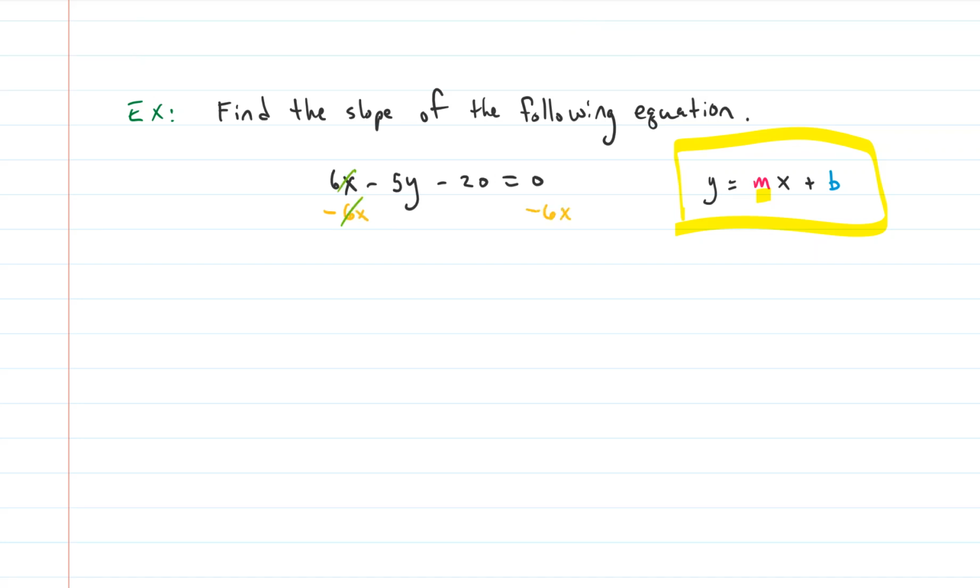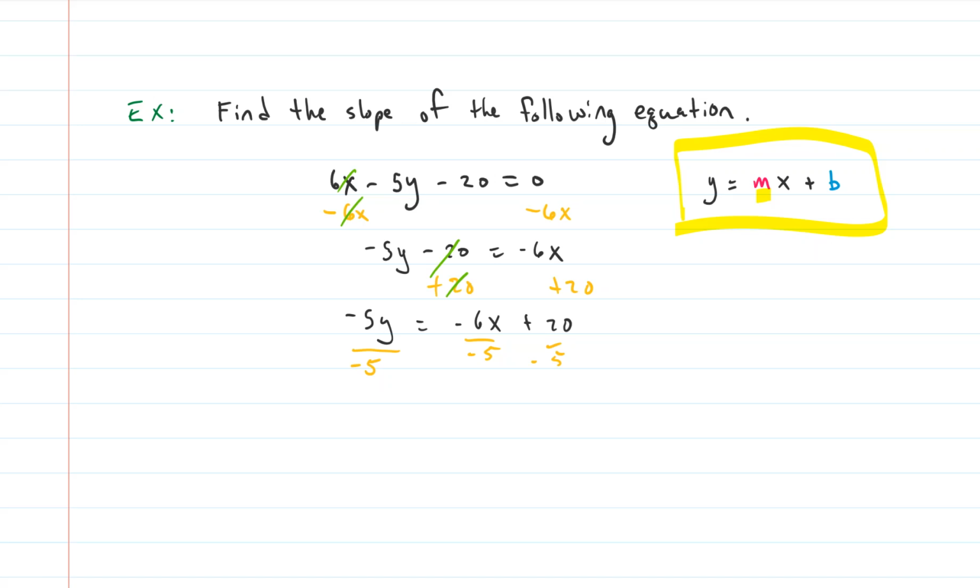That cancels the 6 on the left and gives us negative 5y minus 20 equals negative 6x. And now I need to add 20 to both sides because we've got to get rid of the 20 on the left. And now I have negative 5y equals negative 6x plus 20. Last step, divide by negative 5